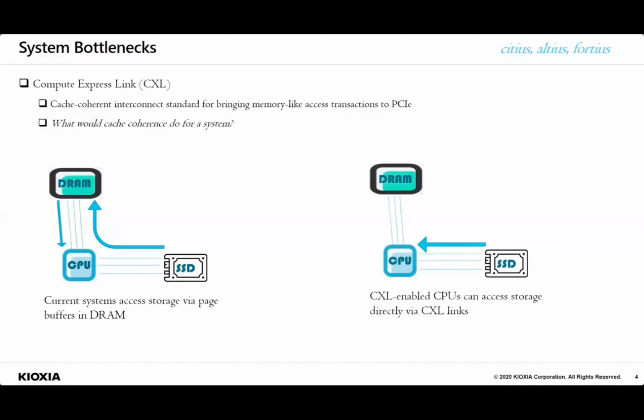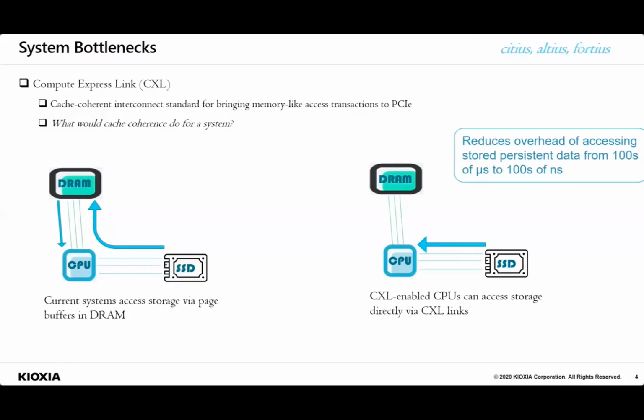CXL allows CPUs and devices to interact as if they are peers. This peer relationship is with respect to the memory map view as seen by each device. With CXL, applications can now access addressable regions in the storage device as if those regions were a cacheable extension of the main memory. This lowers the barrier of moving data from the storage to CPU cores by a factor of up to 1000.